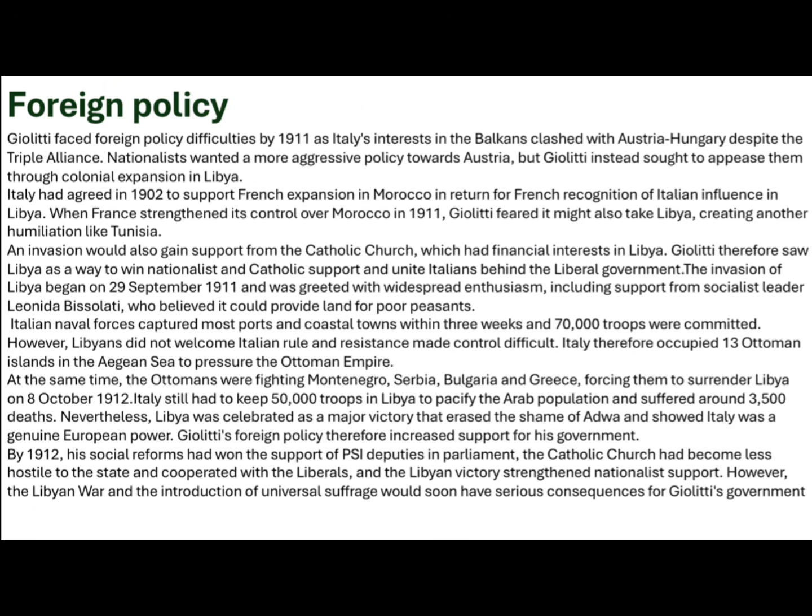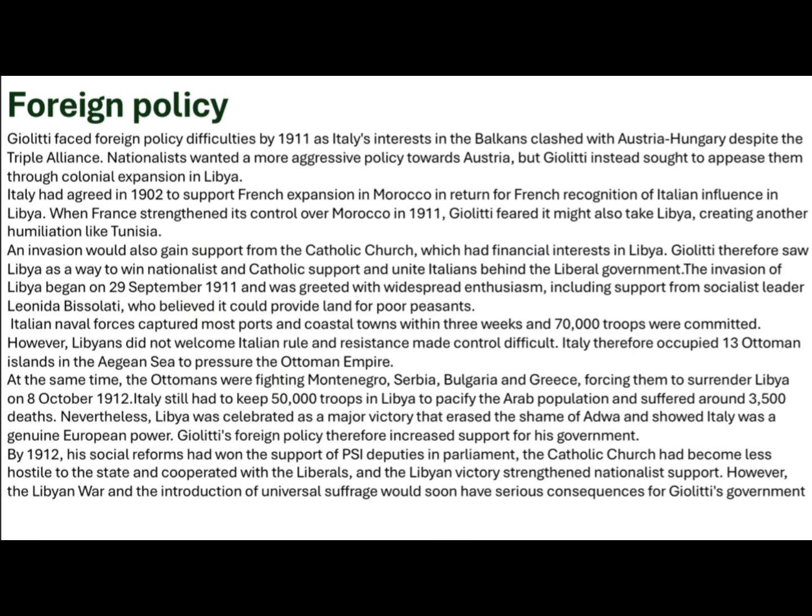in Libya. When France had strengthened its control in Morocco in 1911, Giolitti feared it might also take Libya, creating another humiliation like Tunisia. An invasion also gained support from the Catholic Church, which had financial interest in Libya. Giolitti therefore saw Libya as a way to win nationalist and Catholic support and unite Italians under the liberal government. The invasion of Libya began on the 29th of September 1911 and was greeted by widespread enthusiasm, including support